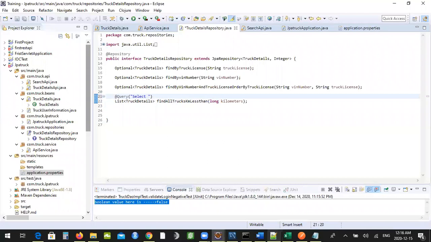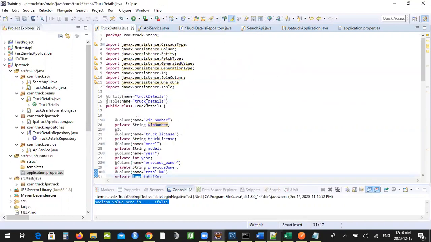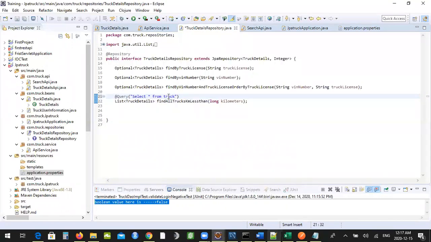Select is optional, guys. Again, select is optional, but for a better understanding, I'll be writing select asterisk from. Let's name this truck underscore. Here I'll be using the entity names instead of our native names, so I'll be using truck details. Whenever you write, you need to write truck details T. So I'll be getting T here, from T, where